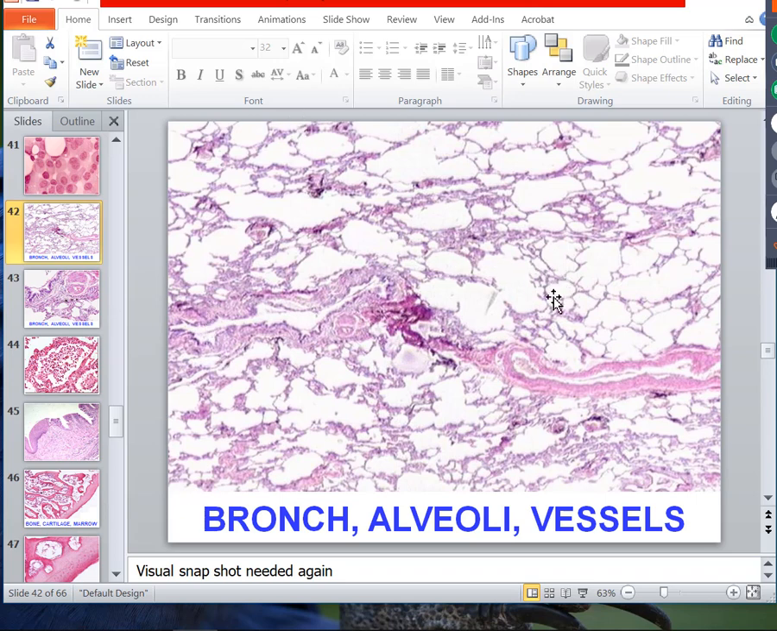And then you see most of these tiny walled spaces are alveoli. I know you remember from histology, there's the alveolar ducts and the alveolar sacs. Well, forget that, okay? When you see a tiny thin-walled structure in the lung, that's an alveolus. So you've got your bronchi, your blood vessels, and your alveoli. I'm making it that simple for you,